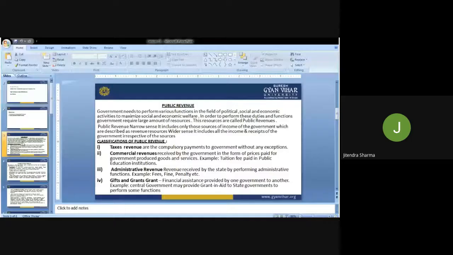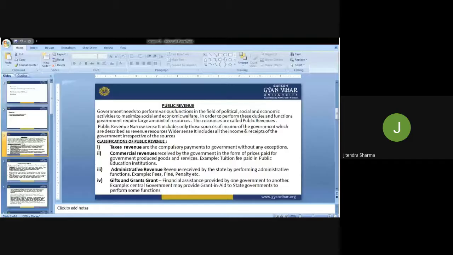Example, tuition fee paid to an education institution. For example, the production tax, for example, the sale tax, all these are the commercial revenues that are being collected by the government, and they are deposited by the organizations or by the people who are engaged in activity of a commercial nature. Then the administrative